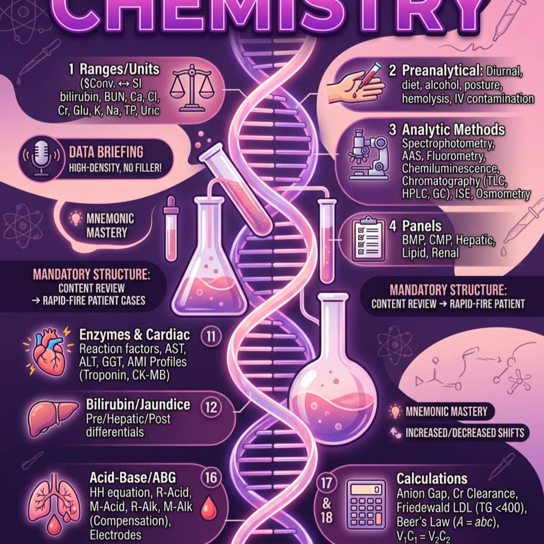Then we have the massive structural proteins. Total protein runs 64 to 83 grams per liter, or 6.4 to 8.3 grams per deciliter. The classic measurement is the Biuret method. That uses an alkaline copper reagent that reacts specifically with peptide bonds, right? The more peptide bonds present, meaning the longer and more abundant the proteins, the deeper the purple color complex it forms. Exactly. Albumin makes up the largest single fraction of those plasma proteins, ranging from 3.5 to 5 grams per